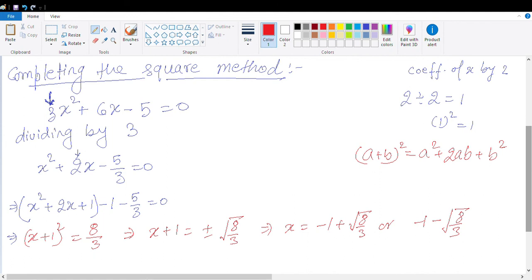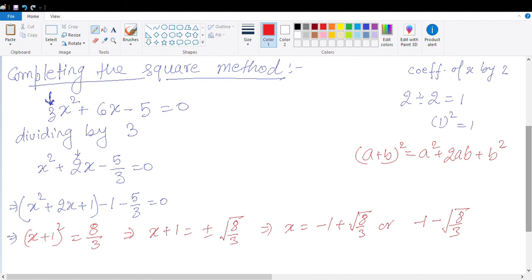So this is the completing the square method. Once again, try to understand the method. First, if any coefficient is written with x square, then you divide the equation by that coefficient of x square. For example, here I divided by 3. Now the coefficient of x will be divided by 2, and that division will be squared,